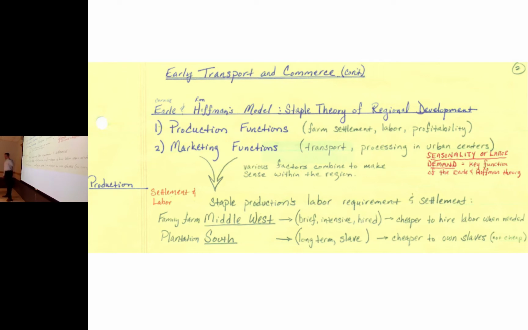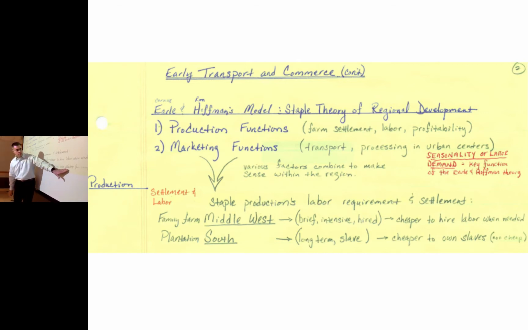Now, in the plantation South, whether that's the tobacco plantation South or the cotton plantation South, most farmers aspired to be able to own slaves, because in a tobacco or cotton plantation production scheme, land was not that much of an issue in terms of expense, but labor was. And with a very high price for labor,